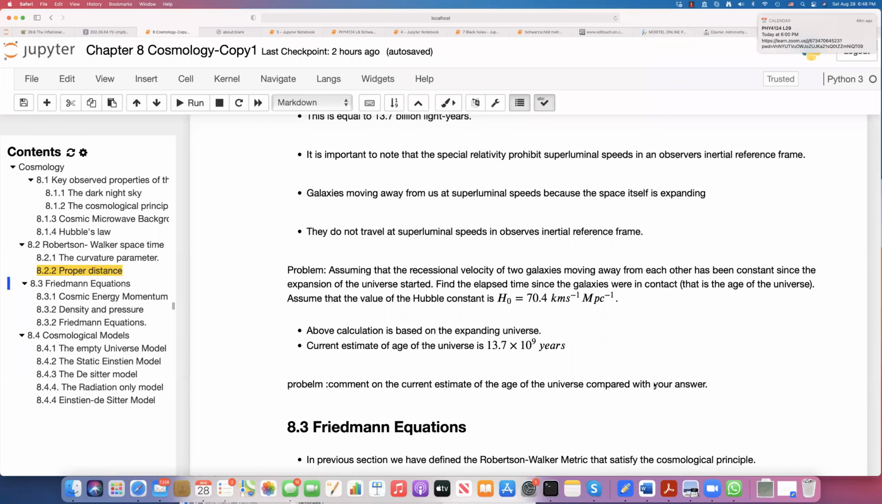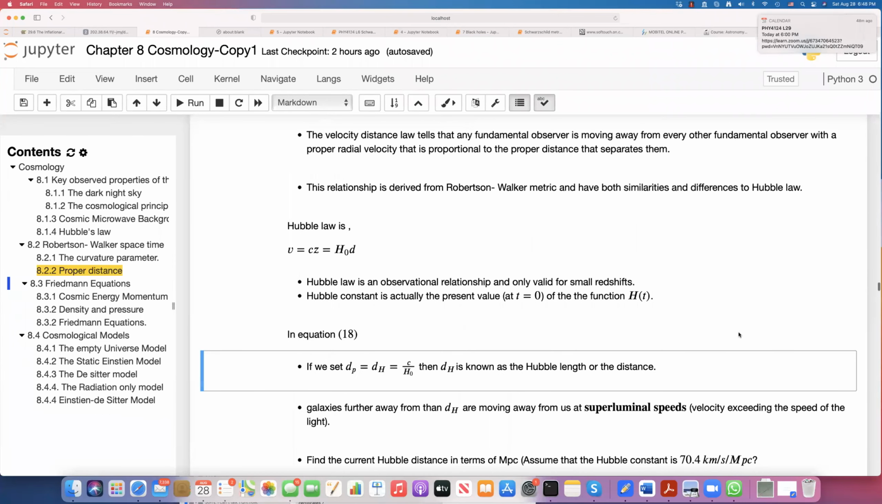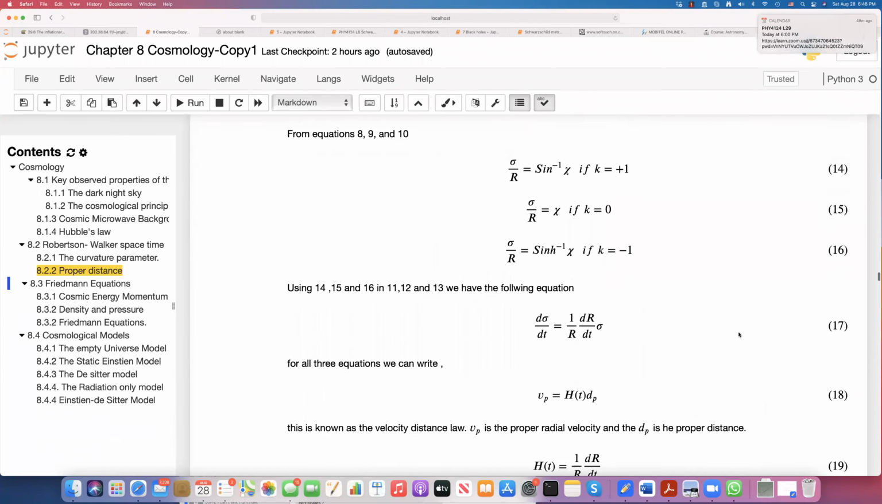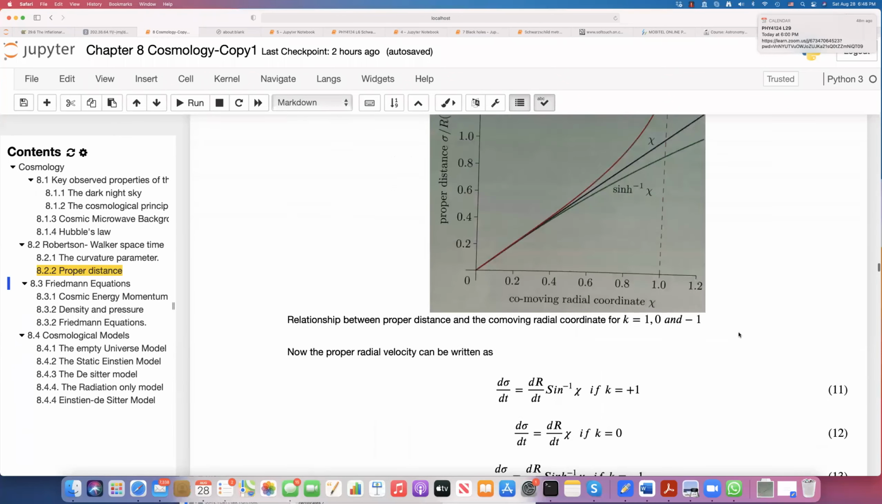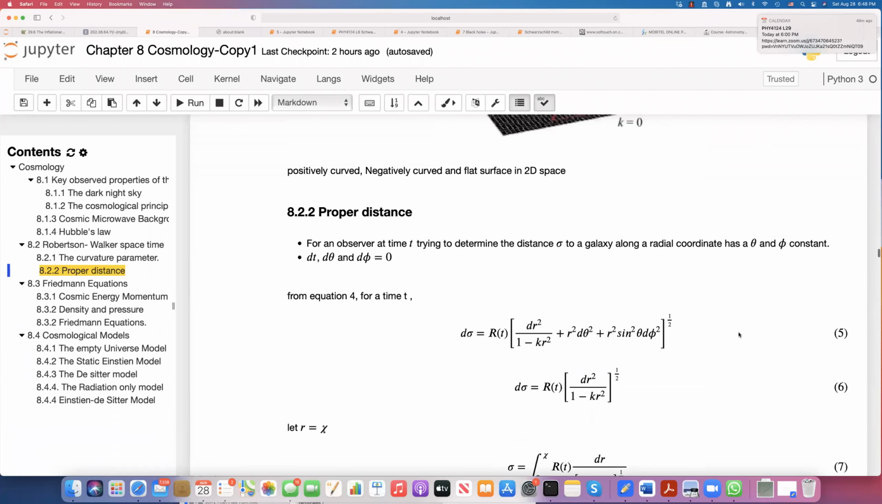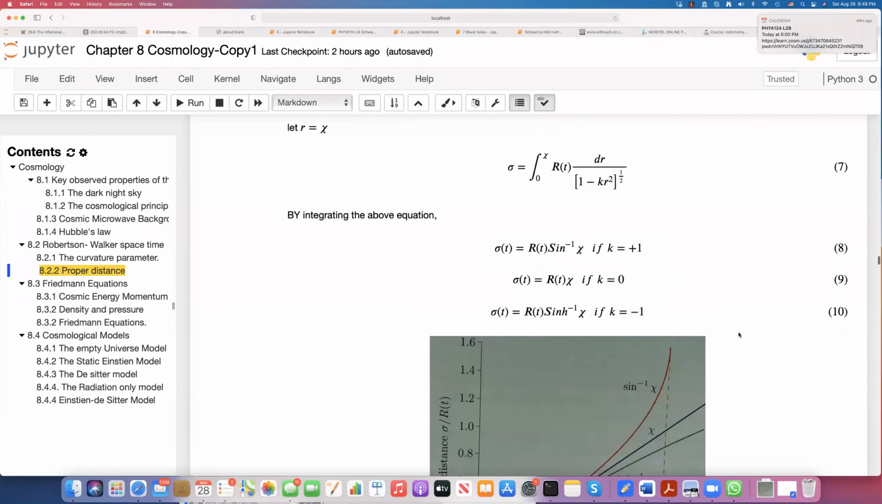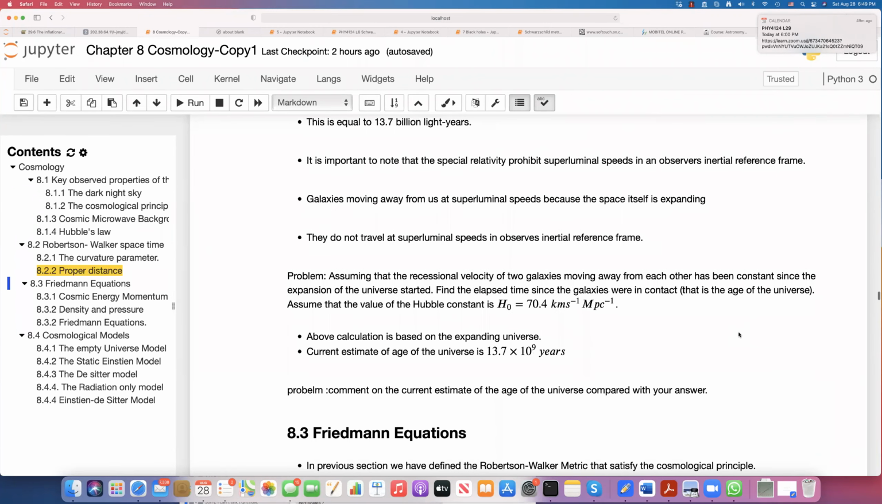But the idea here is, the assumption that you made, that velocities are constant, seems to be reasonably correct, right? There are small deviations, but still it is a good approximation to find the age of the universe, right? So that's all that I would like to discuss about the Hubble parameter and Hubble law based on these equations that we have for the proper distance, which we started to derive from the Robertson-Walker metric. And now let's move on to